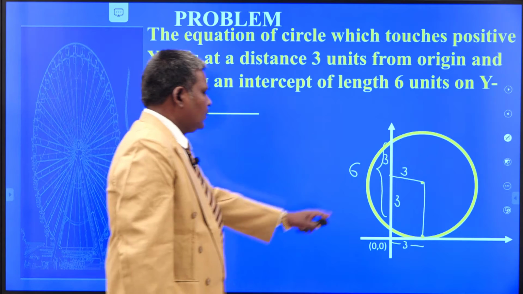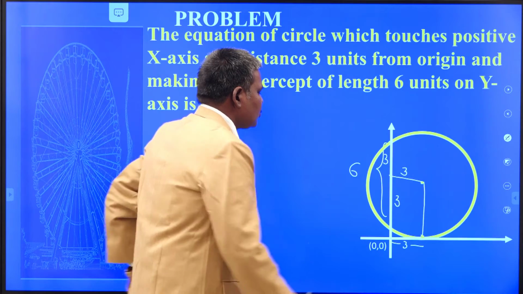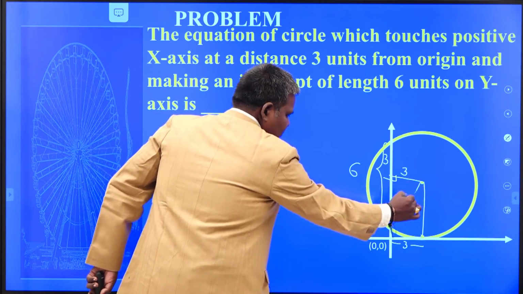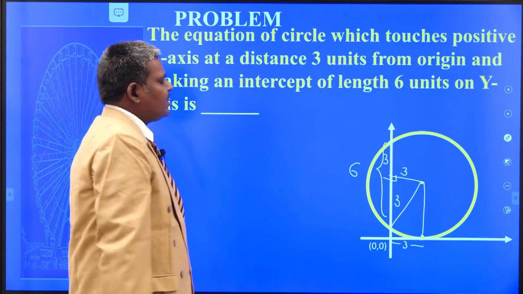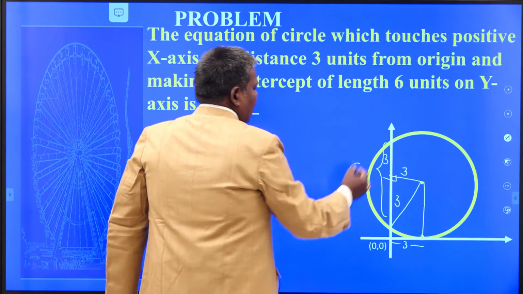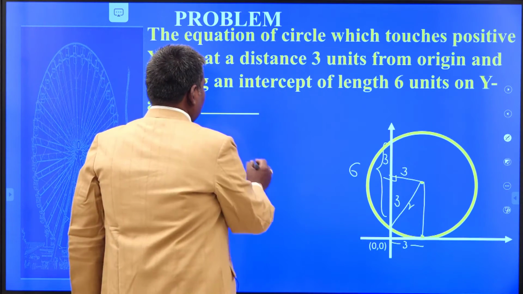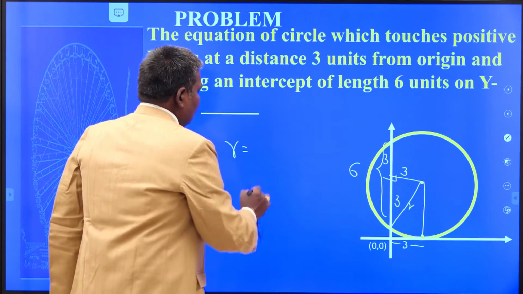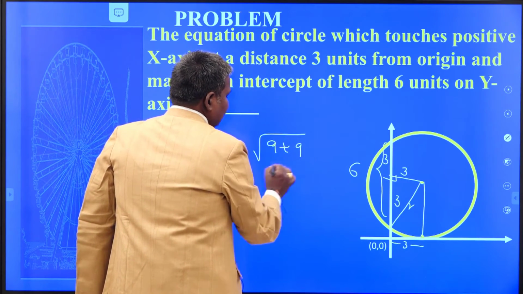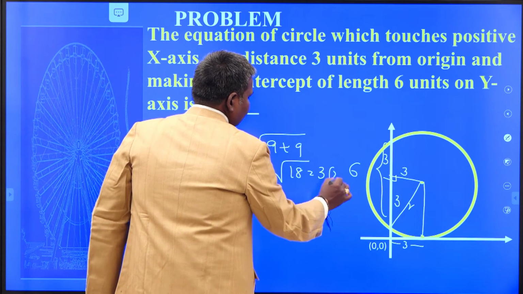Am I correct or not? So, the distance from here to here is 3 units. The distance from here to here is also 3 units. What is the angle here? 90 degrees. Now, if you join in this manner, can you get the radius or not from the figure itself? What is that? From the right angle triangle, hypotenuse square is equal to side square plus side square. Your hypotenuse square is nothing but radius square. So, your r is equal to what? Root of side square plus side square. Root of 9 plus 9, that is equal to root of 18, that is equal to 3 root 2.